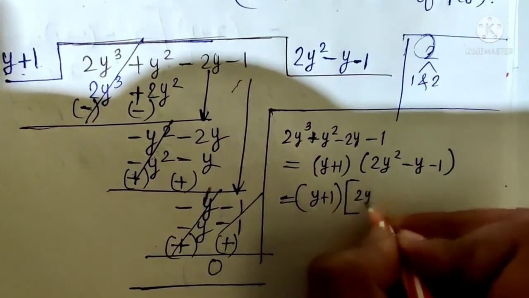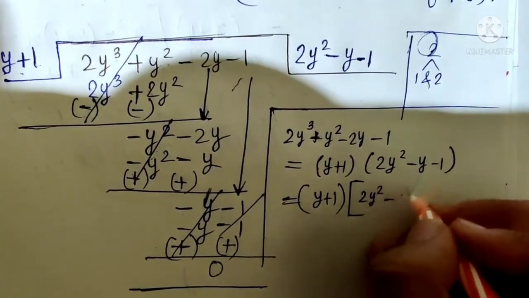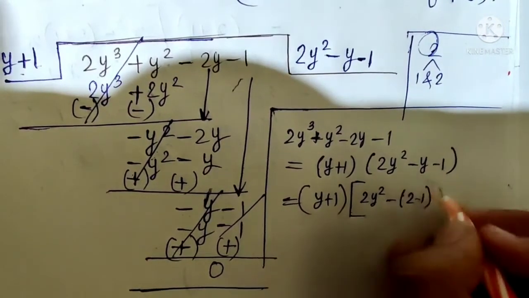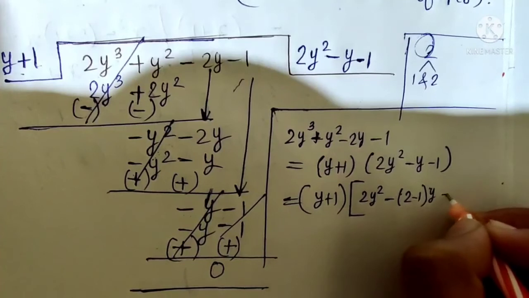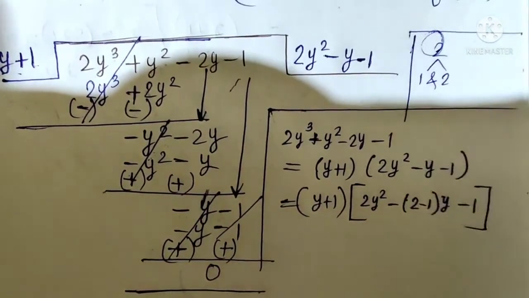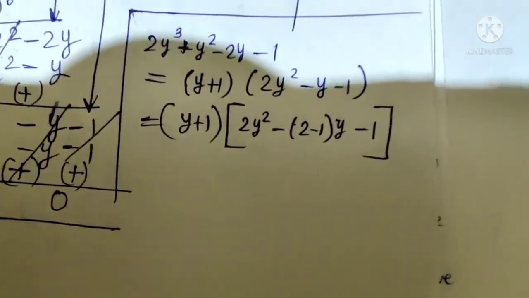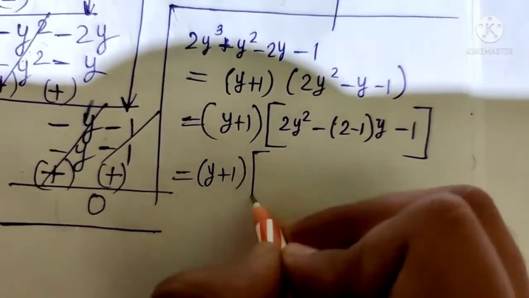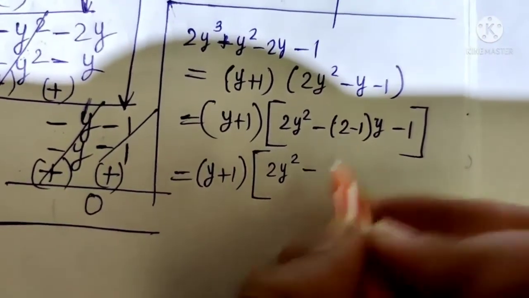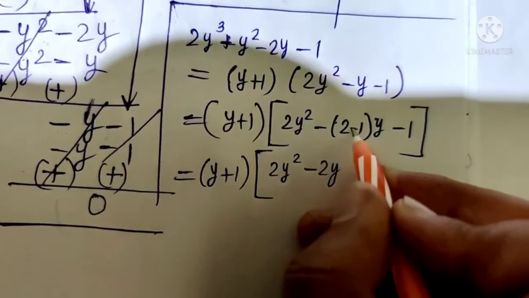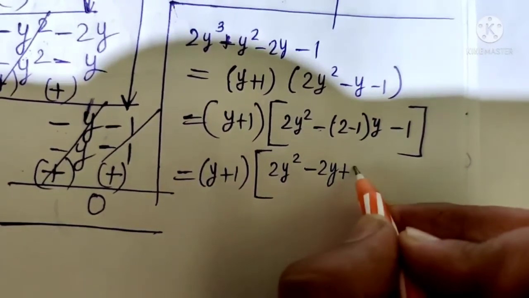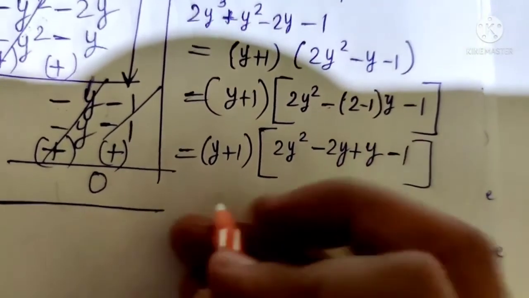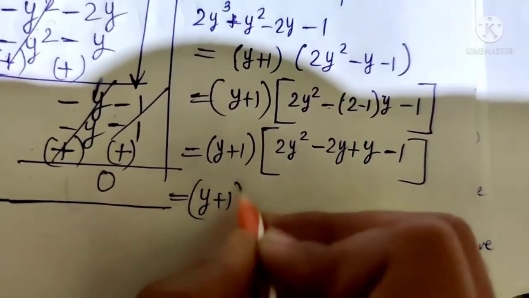2 ones are 2, and 2 minus 1, that is the middle term, is also coming. So I can write here 2y square, and in place of this minus 1y, I can write 2 minus 1, so it becomes 1 only, and at last outside 1 y, then minus 1 and close. So I can solve here now. Just pay focus here. Now equals y plus 1 will remain like this only, and this 2y square will remain like this. Minus 2 into y, minus 2y, minus minus plus, so plus y. Why write 1y? Then minus 1. Okay, this is left.